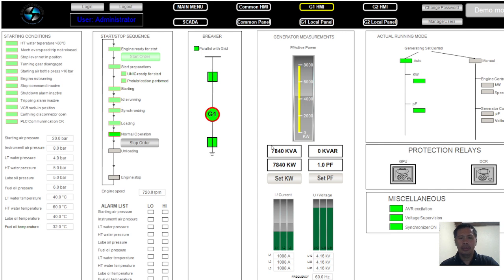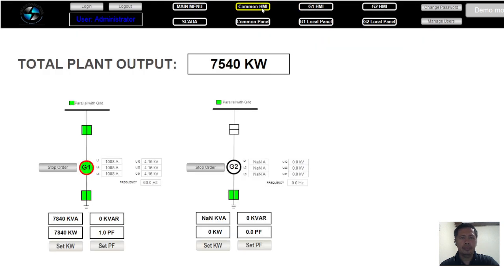Okay, so now the engine is at maximum load. We can also see this on the command HMI. We can see that G1 is already at maximum load, and generator 2 is in standby mode. So now we will